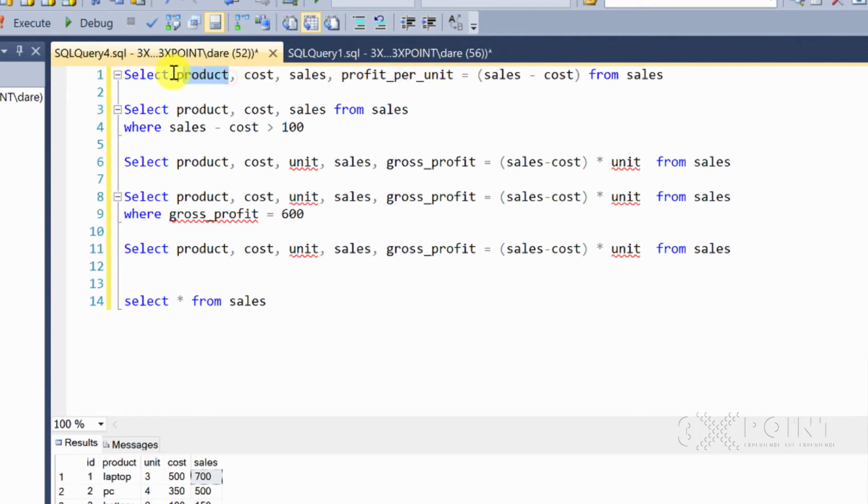you would say select the product, the cost, the sales if you're interested in all that, and this is the actual calculation you're looking for. As you can see, this profit per unit is not on this table, so we're going to derive a new column from this table by doing a calculation, and that column would normally be called a calculated field, because it's a field that's been derived as a result of some calculation. So if I now say sales minus cost